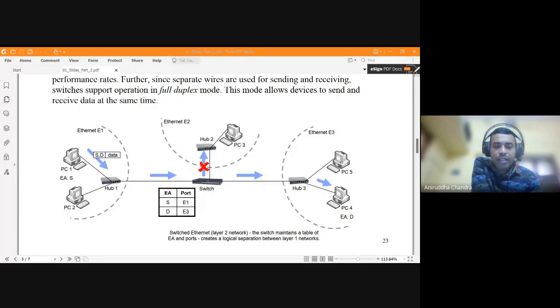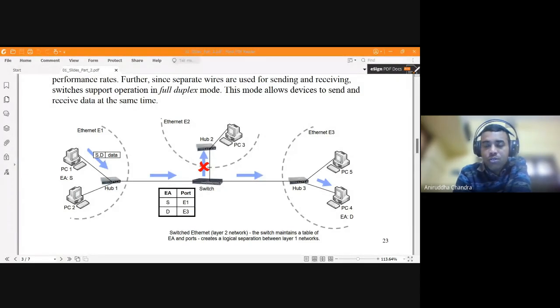So in case of a transmission via a hub, the hub has no access to this address, or the hub doesn't try to read these addresses. However, in case of a switch, the switch is a bit capable, and the switch can read these addresses. And once it reads these addresses, it is capable of transferring the packets to the destination in a much more